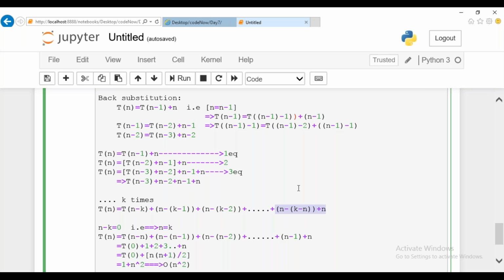Guys, if at all you're doing this as you say, instead of 1, you're substituting starting from the kth time. Usually we'll be writing this way only.